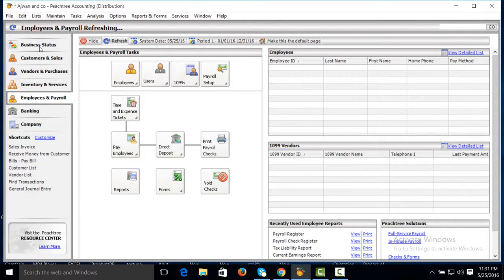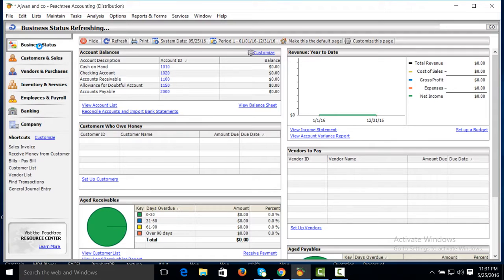But first of all, you must learn that you should work in the top menu. In the top menu: file, edit, list, maintain, task, analysis, option, reports, services, window, and help.